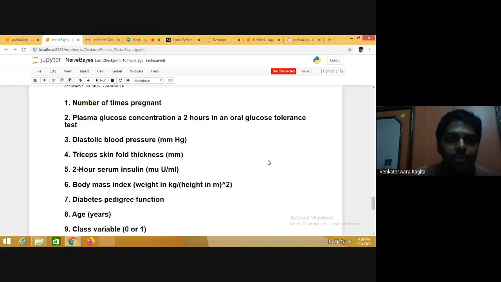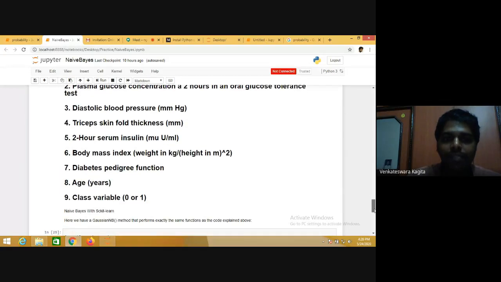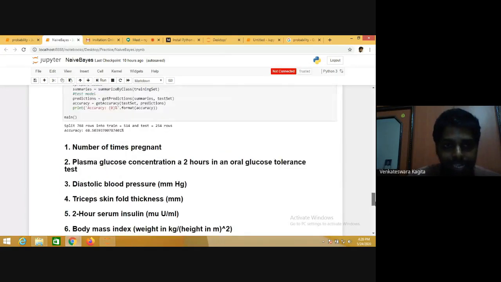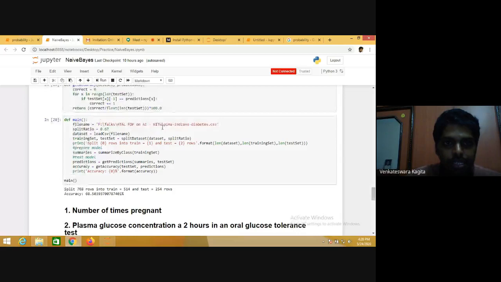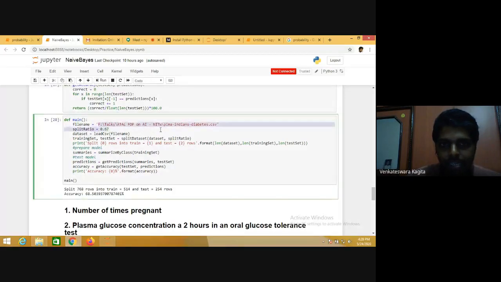The number of times pregnant is one of the attributes. Plasma glucose concentration, diastolic blood pressure, age, all these things are the different features of this data. So you have a total of 8 attributes, and the ninth one is the target variable. So this is the data. If you want, I can share it with you, or if you search for PIMA Indians diabetes.csv, you will get it in Google.